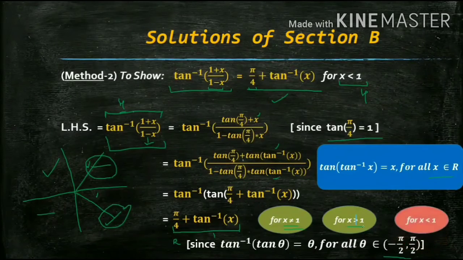And thus we can say finally, this is true only for x less than 1. So in any question, if this kind of thing comes, you have to properly show how you can say that it is true, using the proper facts I have told you in the lectures. I hope these both methods are clear to you, and I would prefer method 2 to be followed, because this is very easy to understand. The rest is your choice only. Let's move to the next question.